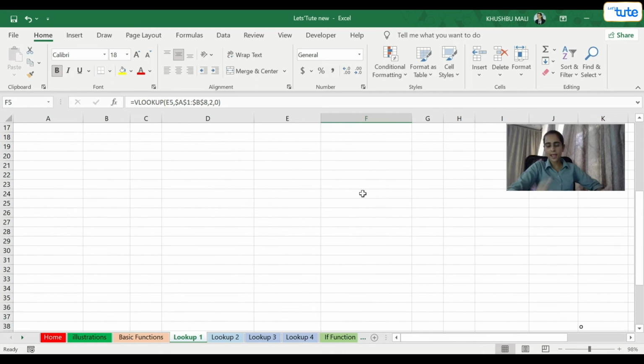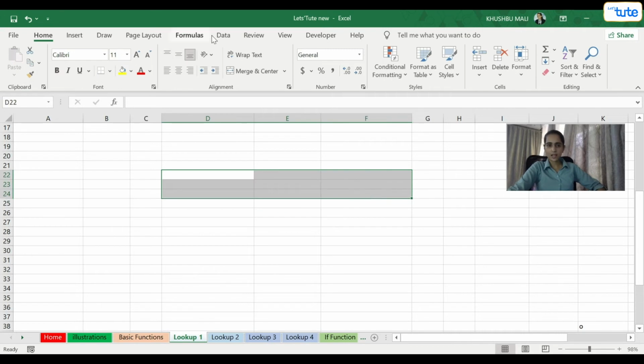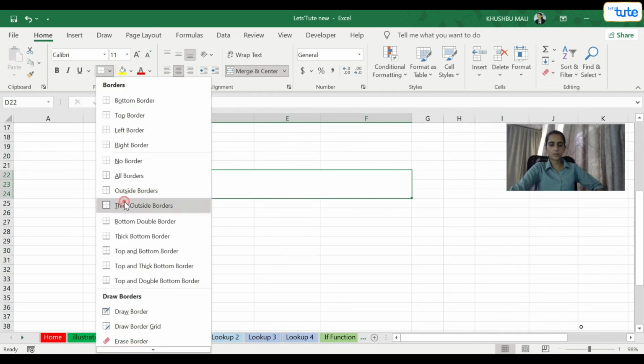If I go with the blank worksheet, if I select certain sections and I randomly visit this diagonal triangle and I do merge and center, just keep a proper eye on what I'm trying to explain to you. I'll click on this first option. See, this is now one cell. I'll make a box so it is properly highlighted.